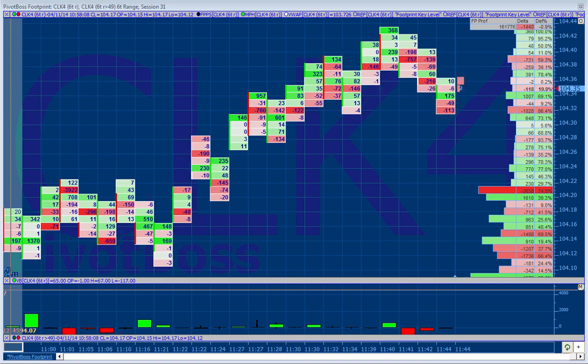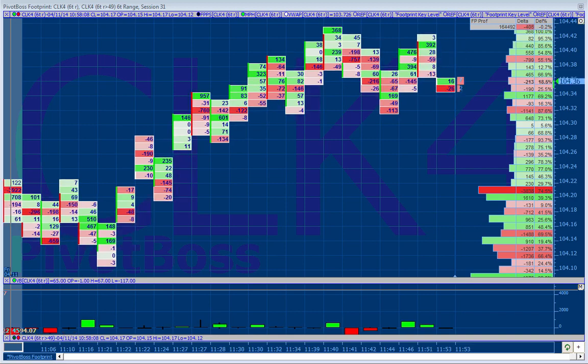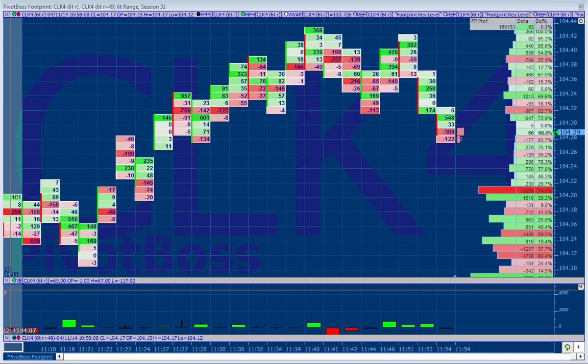Now keep in mind, when you're looking at this, you're going to see buyers, you're going to see sellers, and you're trying to figure out which way price is going. Let me pause it. But we know this is resistance. We know this is near the highs of the year. And we also know that big buyers are coming in here and here. There are also sellers coming in, and you know they're doing a little bit of work.